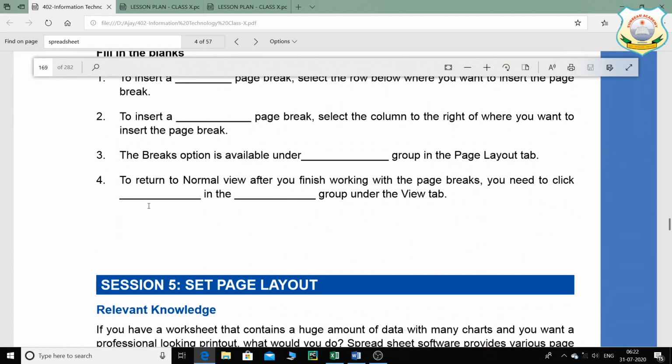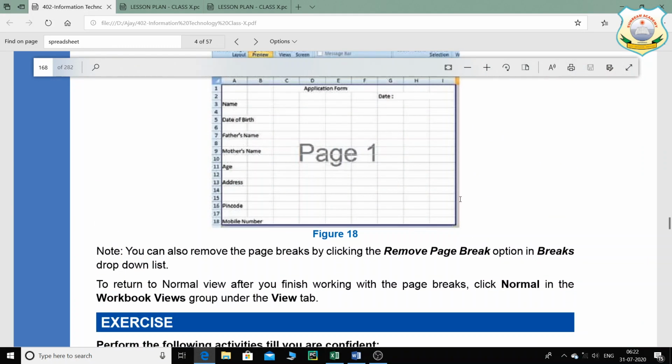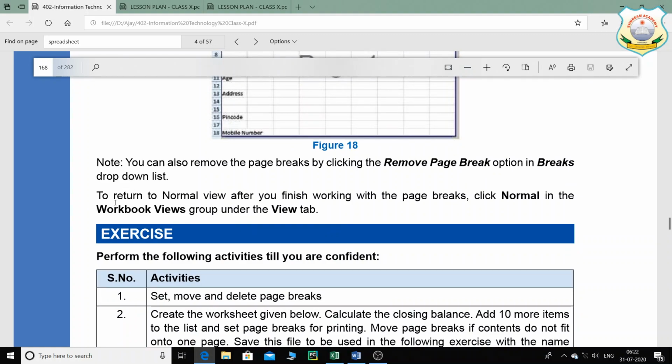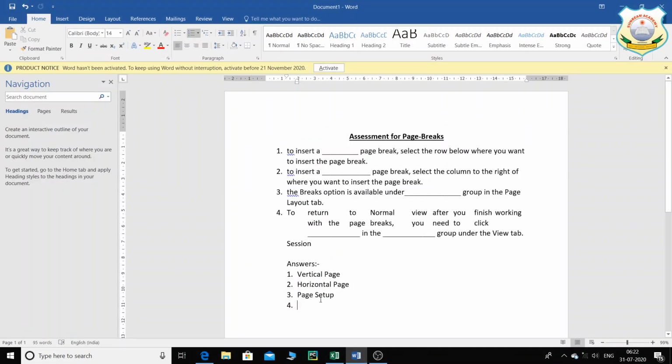And that is, to return to normal view after you finish working with page breaks, you need to click on dash in the dash group under the view tab. So the answer to this, children, is over here. To return to normal view after you finish working with the page breaks, click on normal in the workbook views. So normal and workbook views. So I will type that. So first is normal and